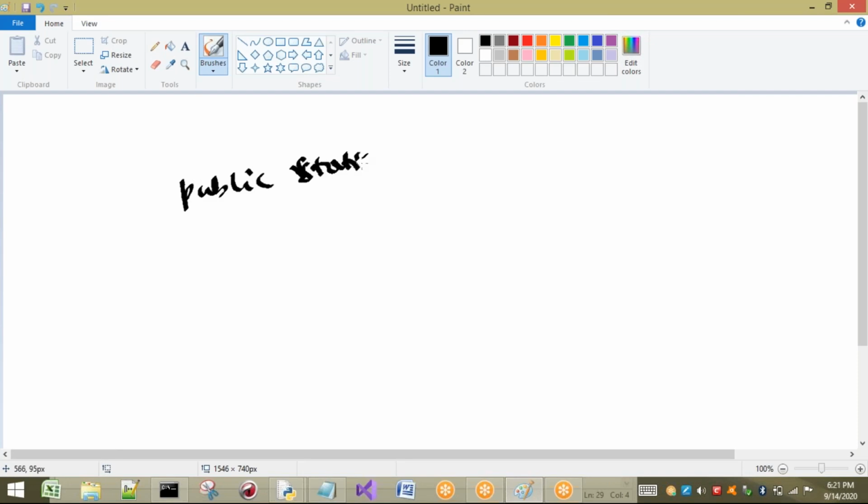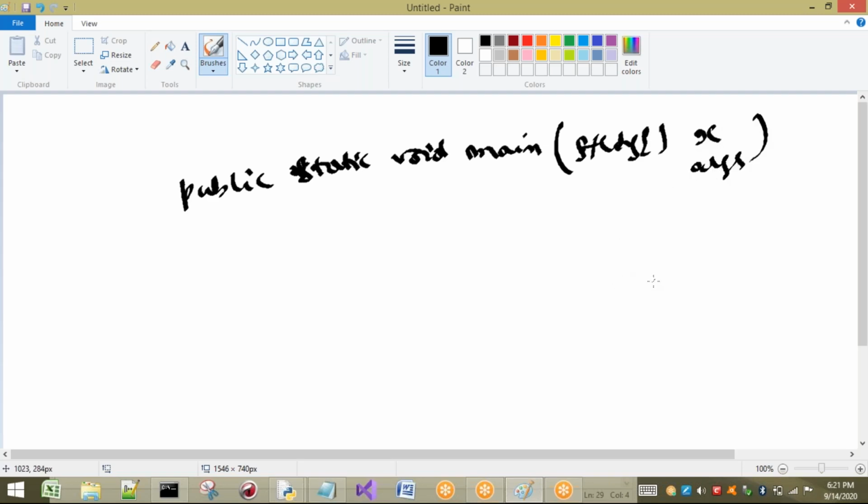Public static void main, for example. There in the brackets we write String ARGs. Here ARGs could be X or Y, we can write any name here. So whatever arguments we pass from the command line in Java are going to be stored in ARGS or some array.